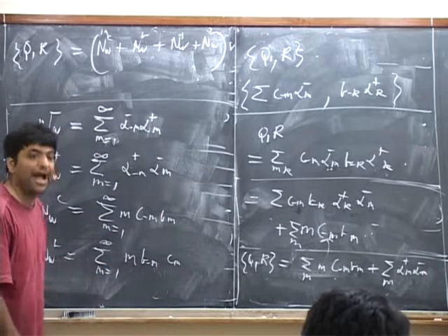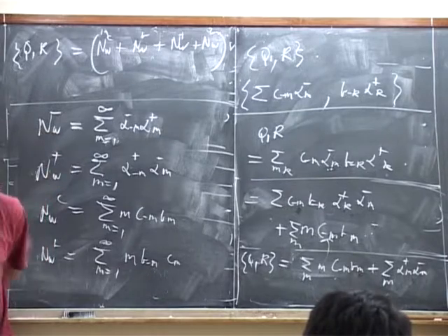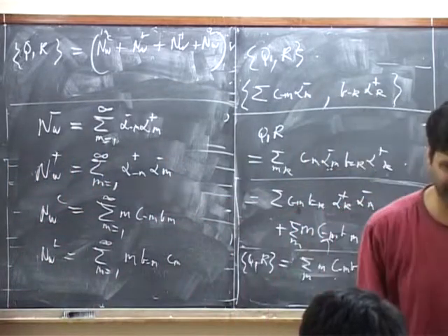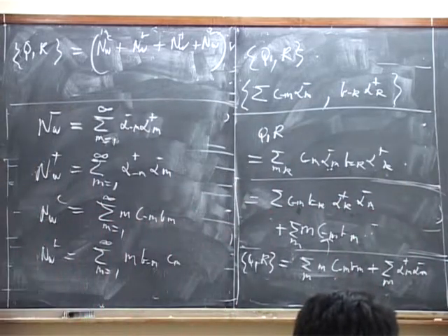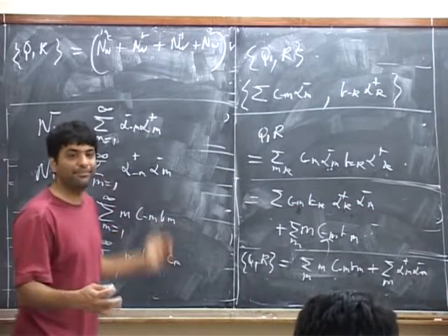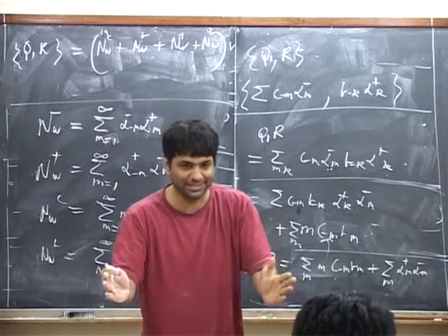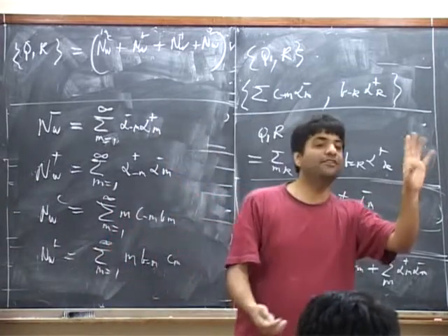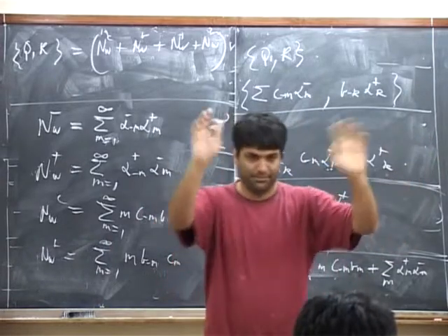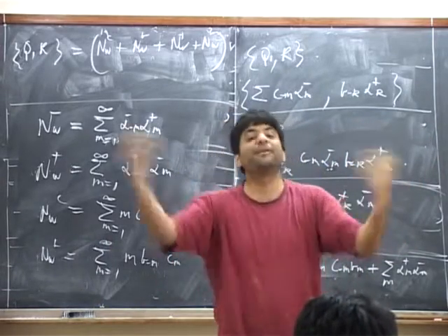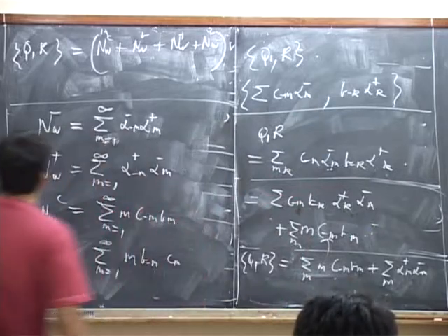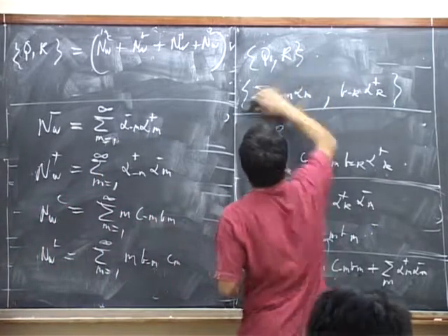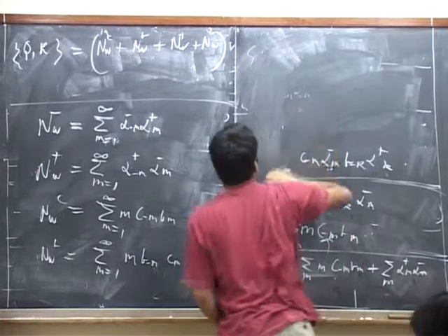I'm claiming the right answer is actually when you write it this way. How do you know that? You know that because both Q and R annihilate the vacuum. The easiest way to fix normal ordering constants, when something is defined by a commutator, is if you know individually what each of the two operators does to a particular state. So it's a good question. Let's remind ourselves about the definitions of Q and R.